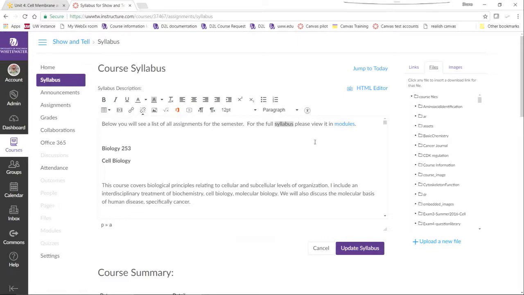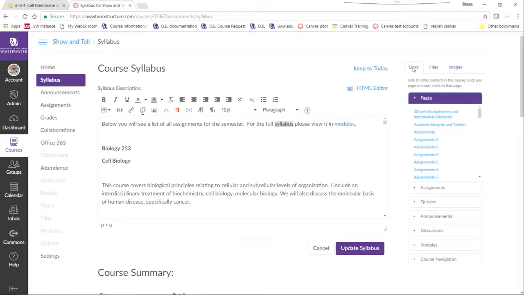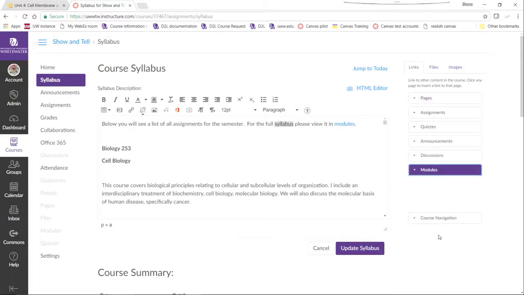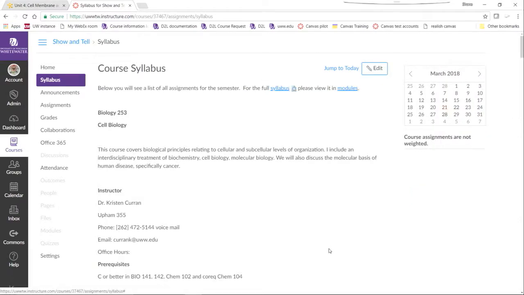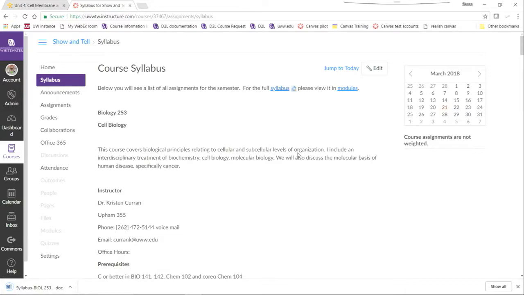Also, the syllabus was available in the modules area. So I found the module that the syllabus was in and linked to that entire module. This means that when somebody clicks on the syllabus, it'll automatically download.